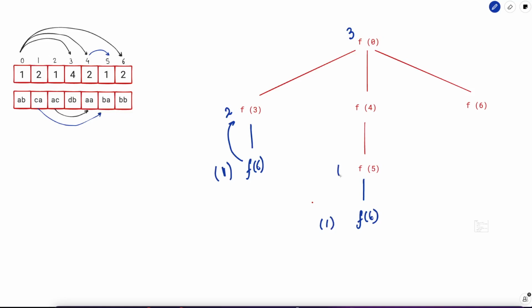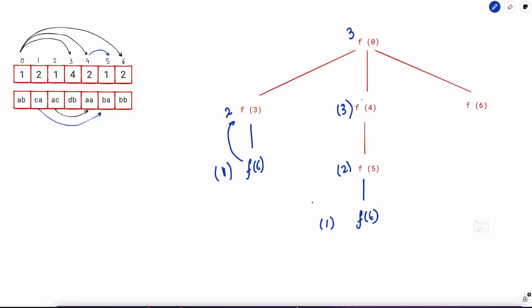So what will be the value of f of 5? It will be 2, right? The largest subsequence length that you start from 6 is 1, so the largest length if you start from 5 would be 2. Similarly, the largest length that we will get if you start from 4 would be 3. Why? Because there is no other path where you can jump from 4. You can't jump from 4 to 6 directly, because the Hamming distance is not 1. So this is the only path, and from this path you are getting the largest subsequence length